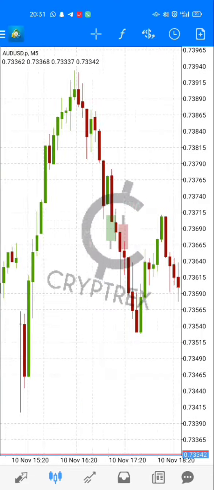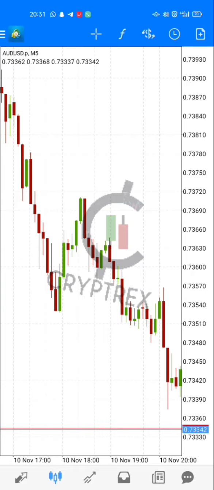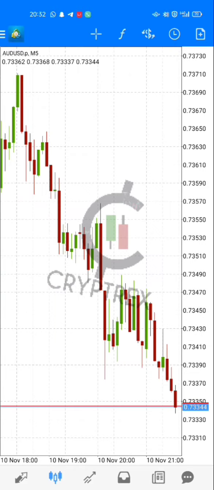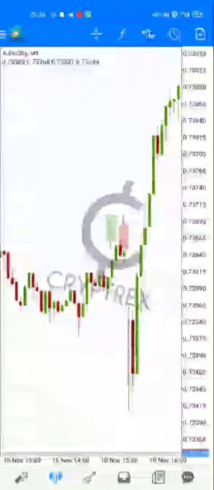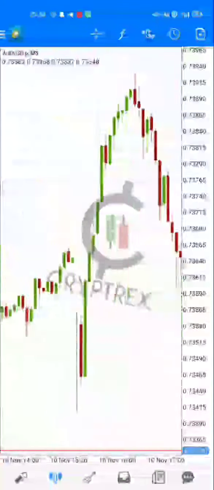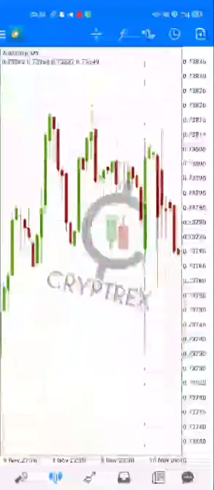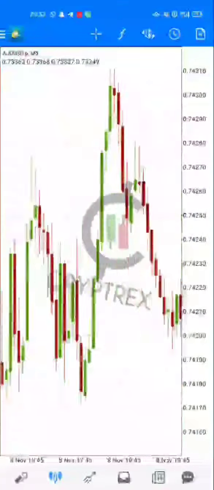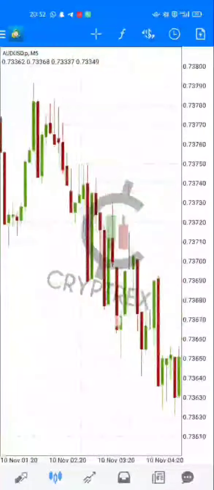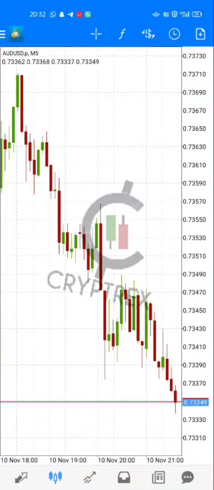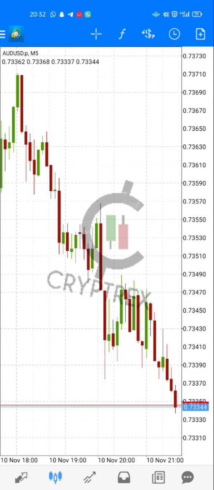Now when you come to charts, that's the second tab right here, it basically just shows you the actions going on in the market. Do you understand? It shows you the actions going on in the market based on price. These are candlesticks here. I'm not here to really explain anything about the technicals. I just want to show you what is happening here in the market, right? So that's what the charts is about.